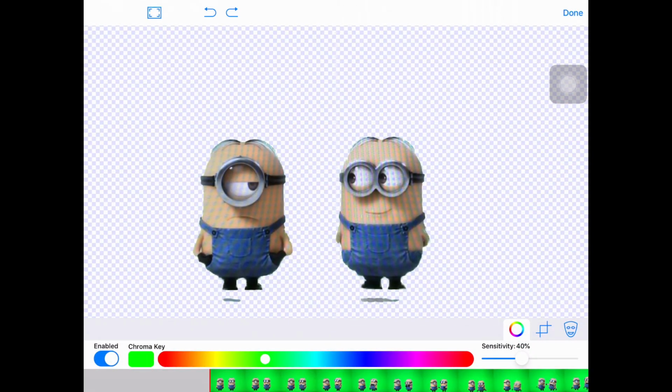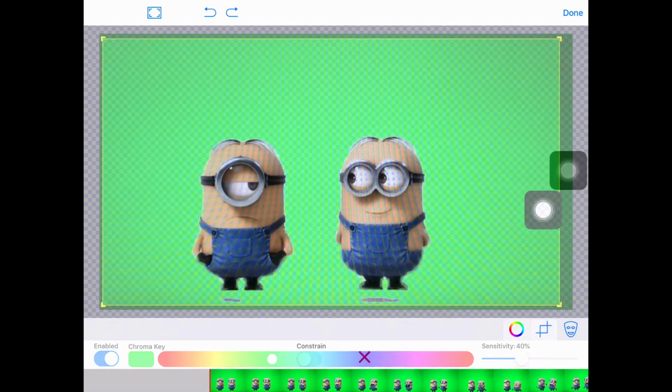Now that you're in the color wheel, you're going to notice that there's a section that is green. That's where you want this button to be. You might have to adjust it a little bit either way, but you don't want to make your video look like you are a ghost. So just make sure that it is set where it needs to be, and then you can move on to